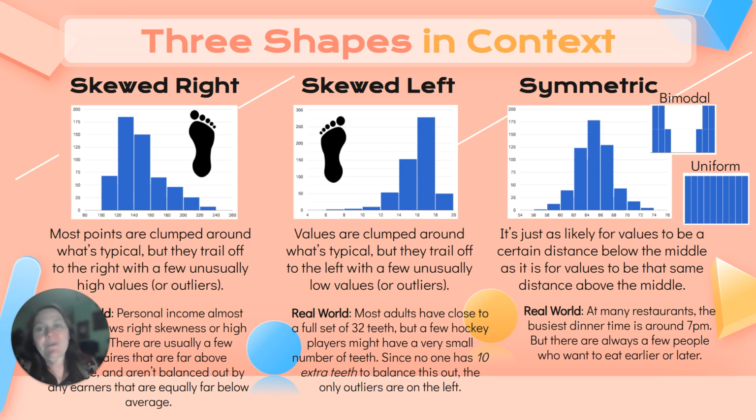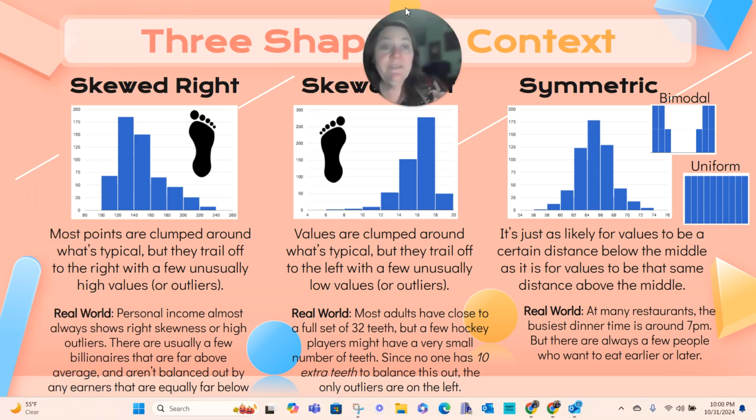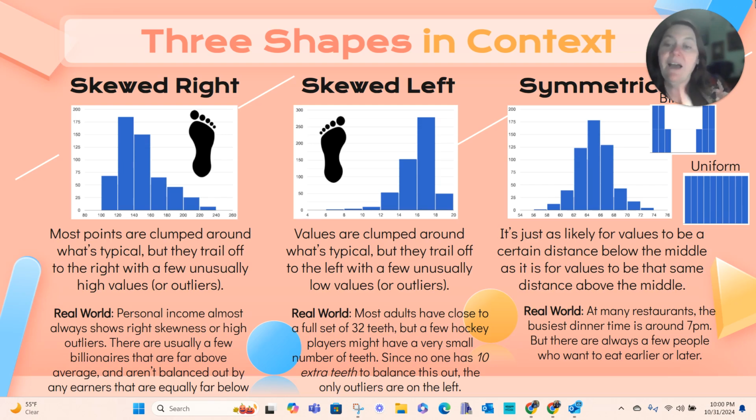And so a great way to remember that is to have them put up their right foot, and they see their little pinky trails off to the right. And so you can see it skewing to the right. Okay. So most of the data points are clumped around what's typical in the data there. And then you have it trailing off. And then there's a real world scenario to talk to students about: income. We joke about that, you got your Bill Gates and your Oprah Winfrey's out there going off, but teachers might be in the negative,